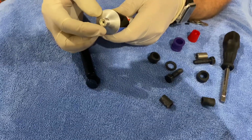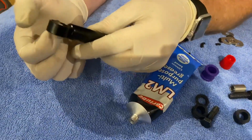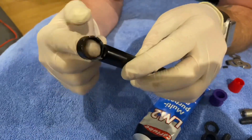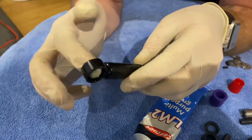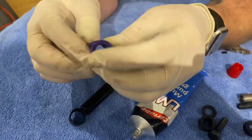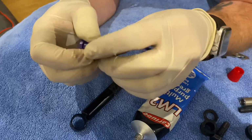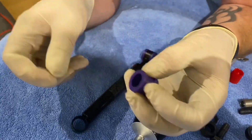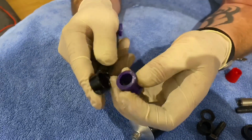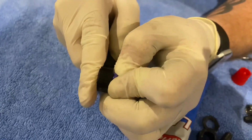So to start off with, to put the new one in, put a little bit of grease, use lithium copper grease. Powerflex normally comes with its own grease anyway, so you can just use that, but I just prefer to use lithium. So you're putting it inside the hole and then put it around the bush as well. And it is going to be quite tricky to get it in, but you need to just kind of put one end in like that and then just squash the top, and eventually